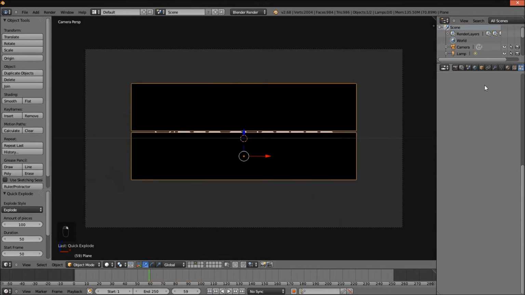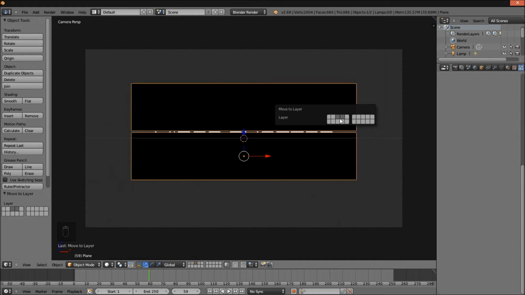Right click on these planes and press M and hold down Shift and also select the fourth layer by left clicking the fourth layer tab here. Now what this does is it makes it so that these planes that we created are on both the third and fourth layers. Okay, now I'm going to select the fourth layer here